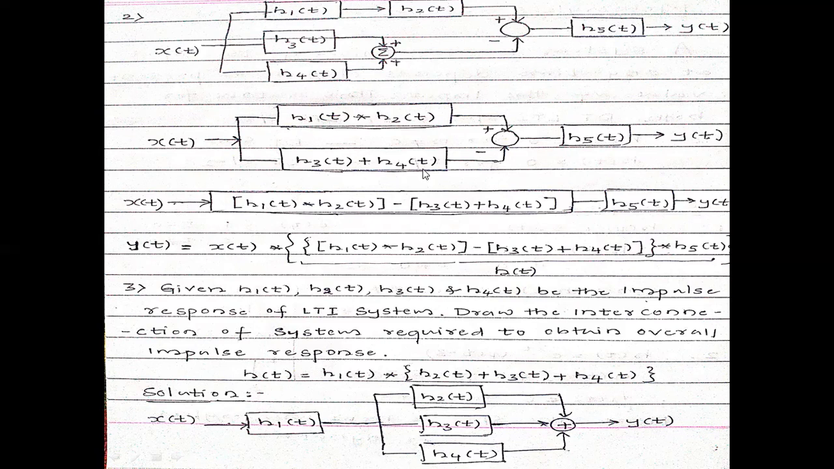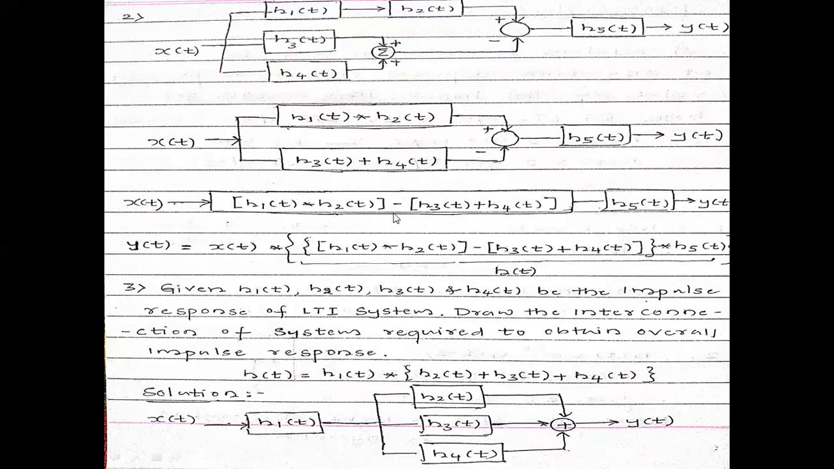And now these two overall responses are again connected in parallel. But see here, the sign of this summer is different. Here it is not plus plus, it is plus minus. So therefore, the overall response of these two responses is given by h1 of t convoluted with h2 of t minus, because here the lower sign of this summer is minus, so it is minus h3 of t plus h4 of t